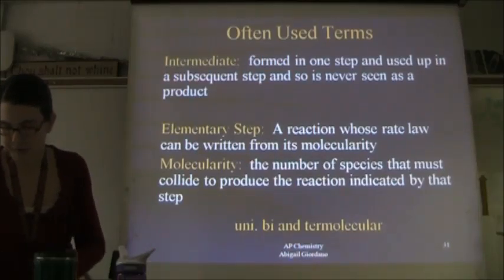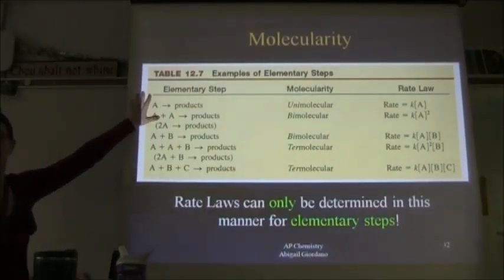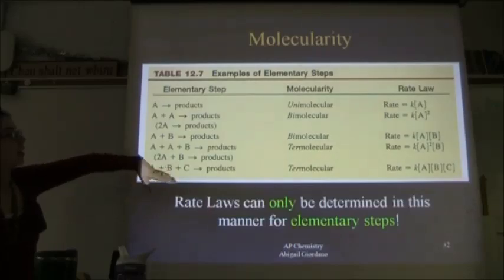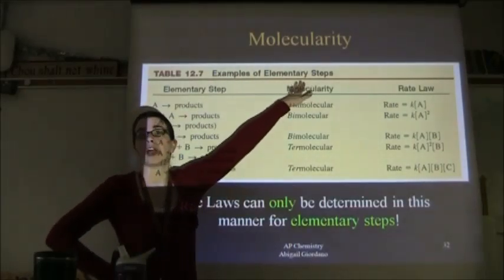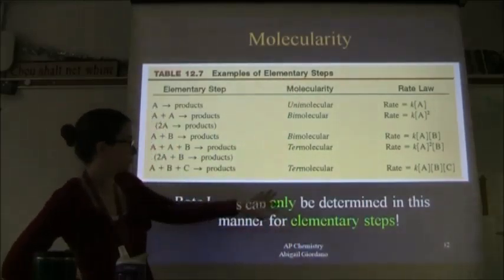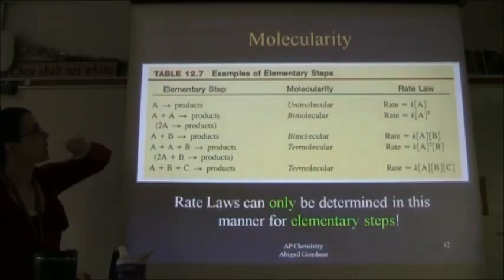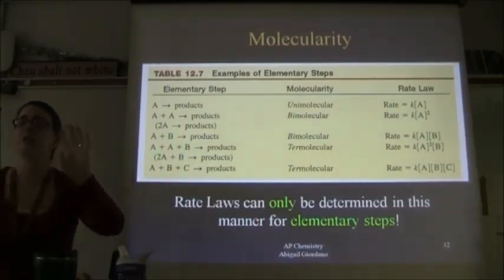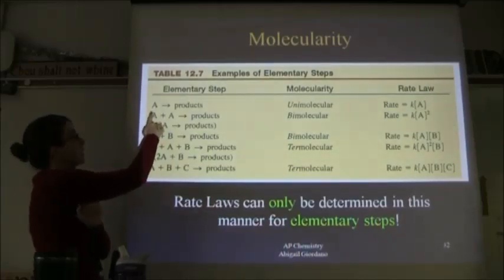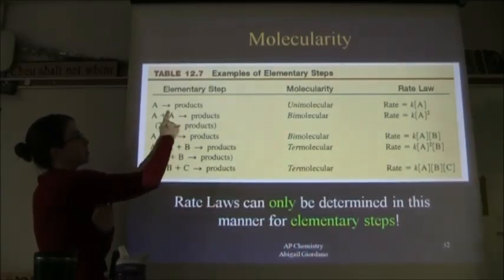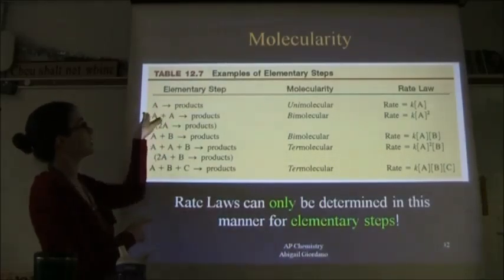There's a chart from our old textbook, and I kept it in here because I really like this chart. Okay, first of all, guys, molecularity. It's a term we use with elementary steps. Okay, don't look at this bottom statement yet. Focus on this chart. Molecularity, how many pieces of your reactant are reacting? So look at this line right here. Do you guys agree that this reaction has one reactant? Do you agree? Okay, so I would call this elementary step